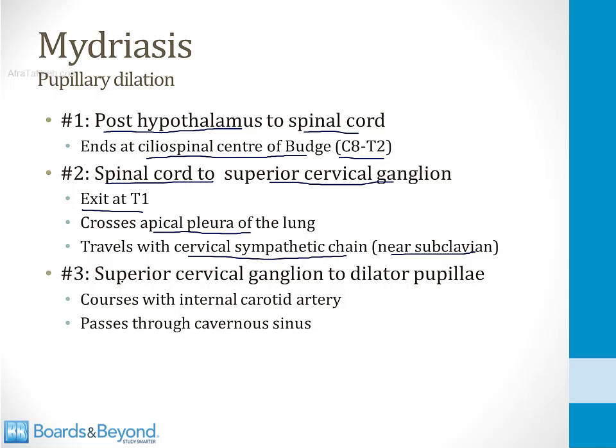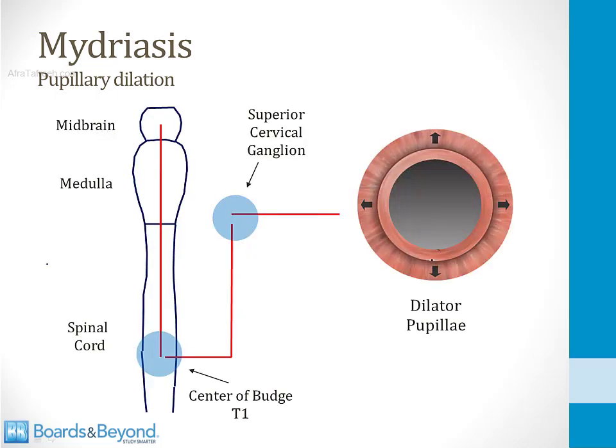The third neuron travels from the superior cervical ganglion to the dilator pupillae muscle. It courses with the internal carotid artery and passes through the cavernous sinus. This slide shows my own summary. It begins in the midbrain. The first neuron travels all the way to the spinal cord at the center of Budge. It exits at T1 and goes up to the superior cervical ganglion, and from there nerve fibers go to the